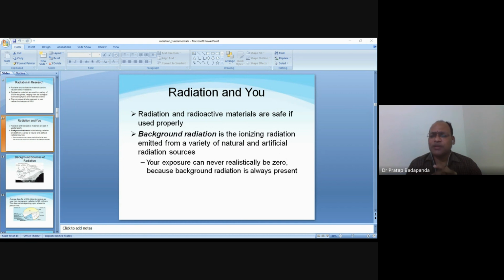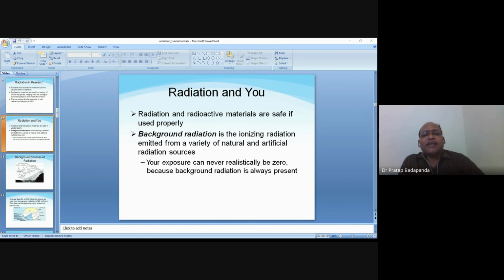Many times, if you have gone for an X-ray, the doctor will say to remove all the gold and whatever things you are wearing, because when alpha particles fall on that particular material, it may give another kind of radiation. So that's why